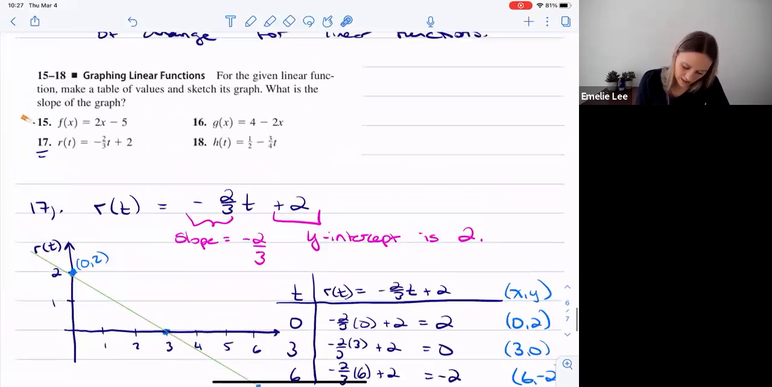So let's go back to the question. For the given linear function, make a table of values and sketch its graph, what we just did. What is the slope of the graph? The slope of the graph is -2/3. Of course, you could do it by picking values of x and evaluating the output, but we know that the slope is -2/3. So done. Kind of a weird section, right? Because we've already done this, so it feels weird, but